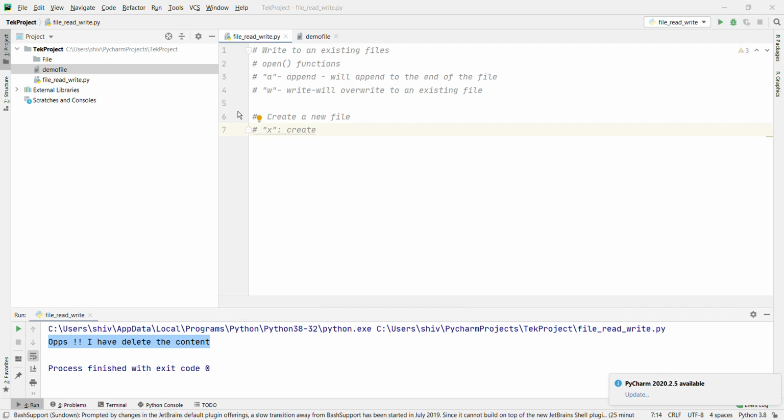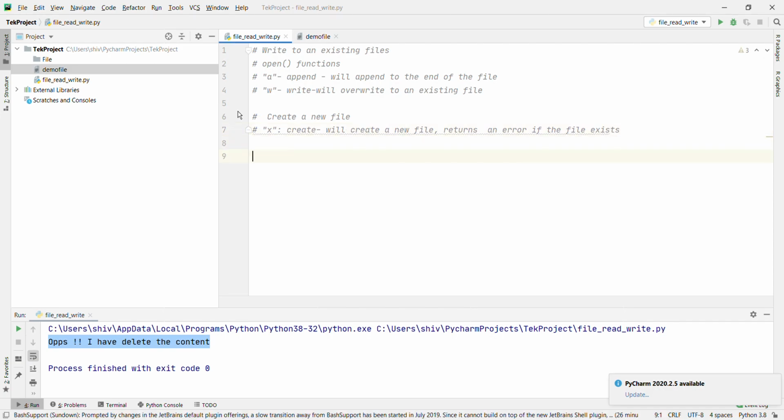Okay, we'll create a new file. If the file already exists, then it will return an error if the file exists.